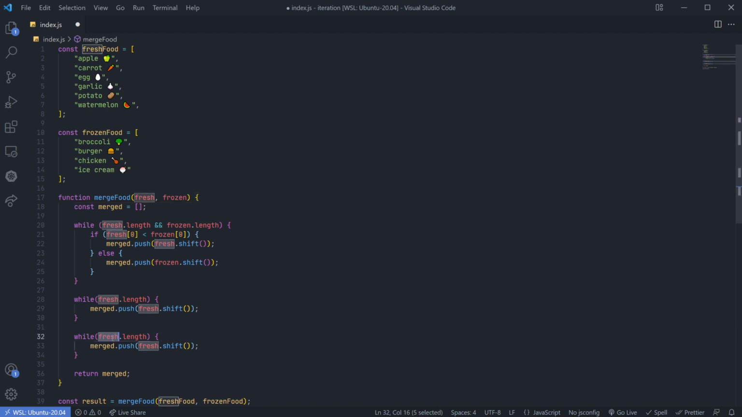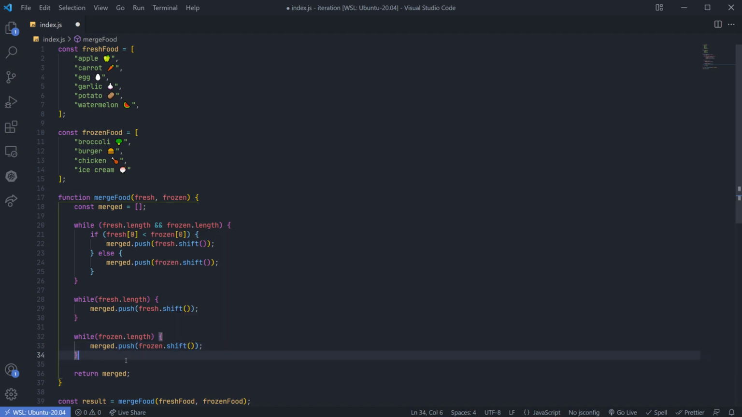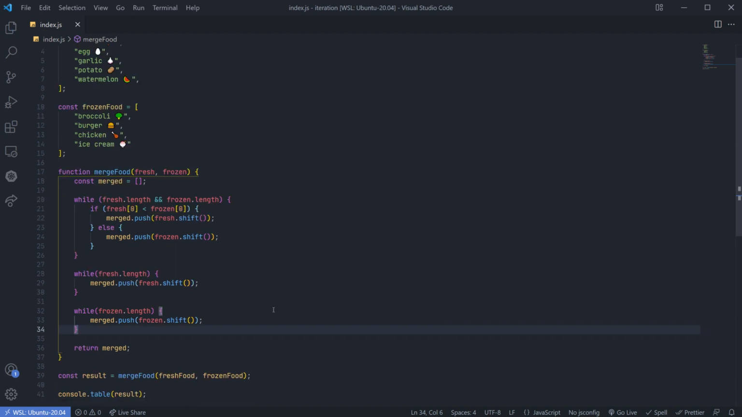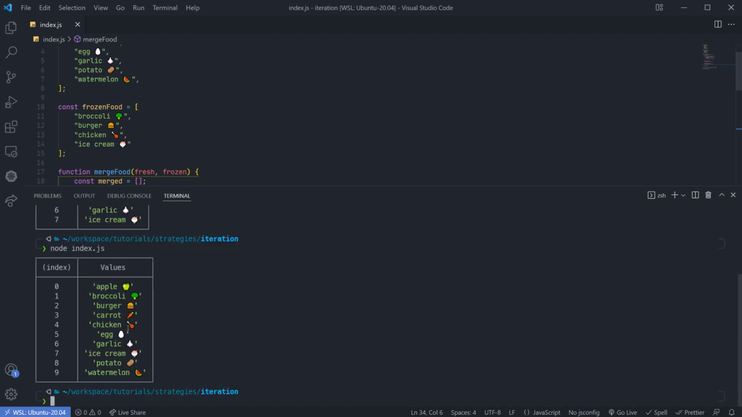First, we want to check the frozen food collection and also remove from the frozen food collection here. So make sure that when you're checking the fresh food collection, you're also removing from the fresh food collection, and the same applies for the frozen food collection. With this, we can save this file, open our terminal again, and run the application to see the results. Now you can see that we have potato and watermelon as part of our merged collection, and that's 10